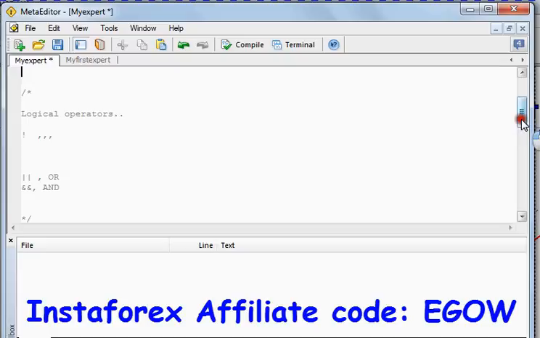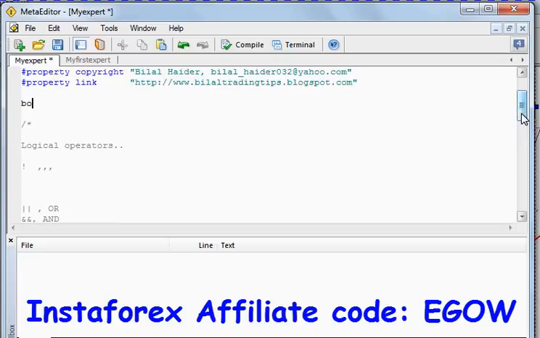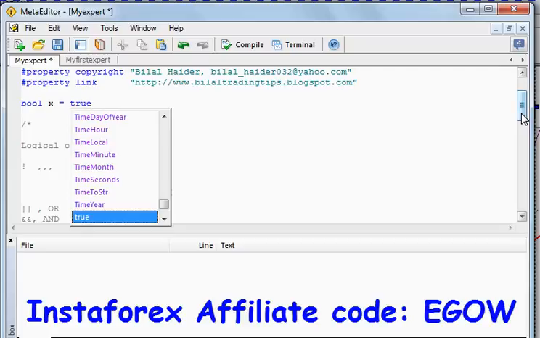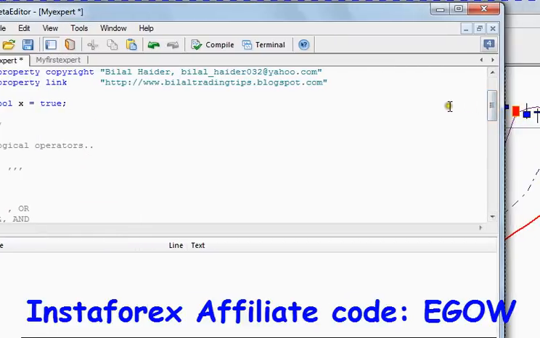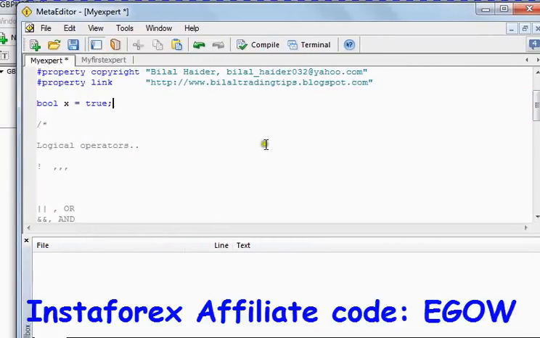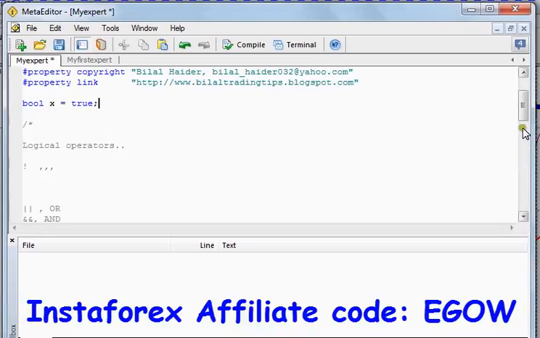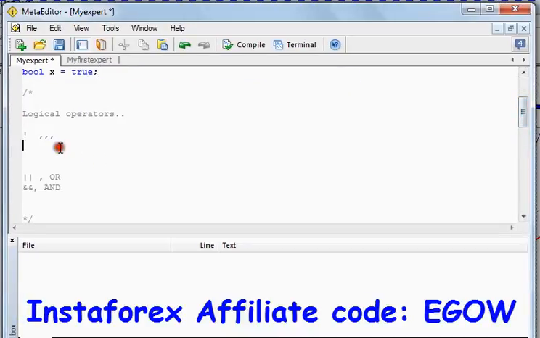For this video I'll be using a boolean type variable, and I'll set the value to true by default to tell you about the NOT operator. The NOT operator negates the value written beside it.